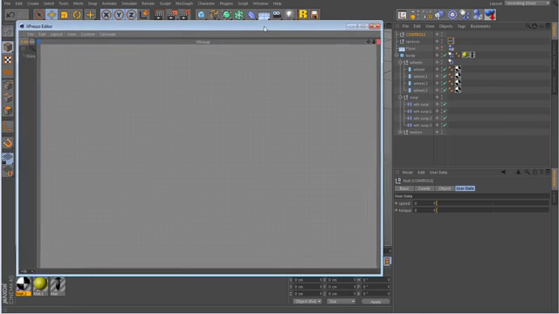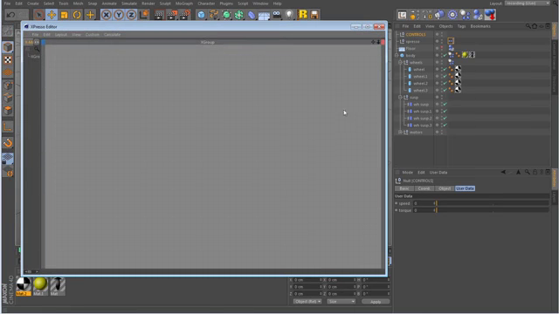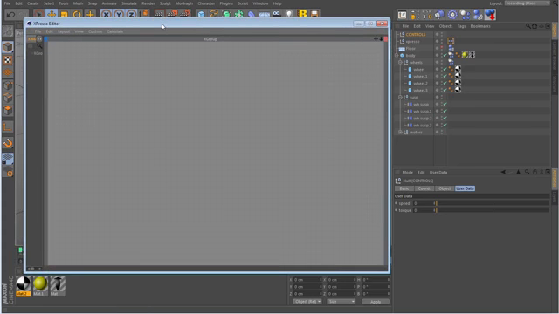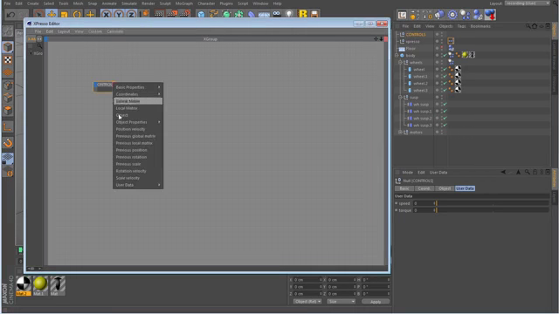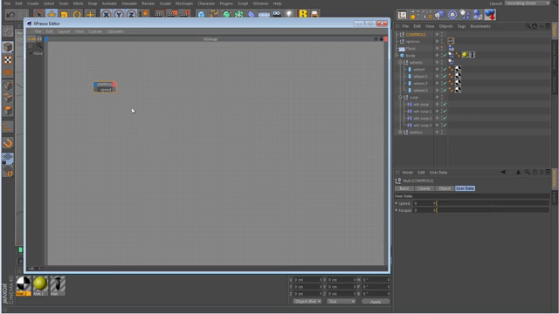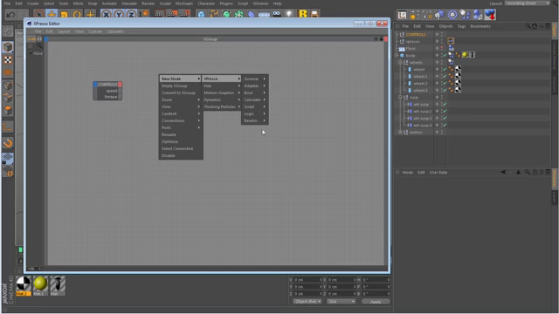Okay, now when it comes to controlling several things in your XPresso window, sometimes it's quite handy to use an iteration list. Now if you've never used an iteration list before, I'll show you how it's done. It's quite a useful little skill to have under your belt, so to speak. Okay, so we'll drag the controls into the window, and the thing we're going to be driving here is speed and torque. Okay, now I right click and I make an iteration list, no, an object list, that's what it's